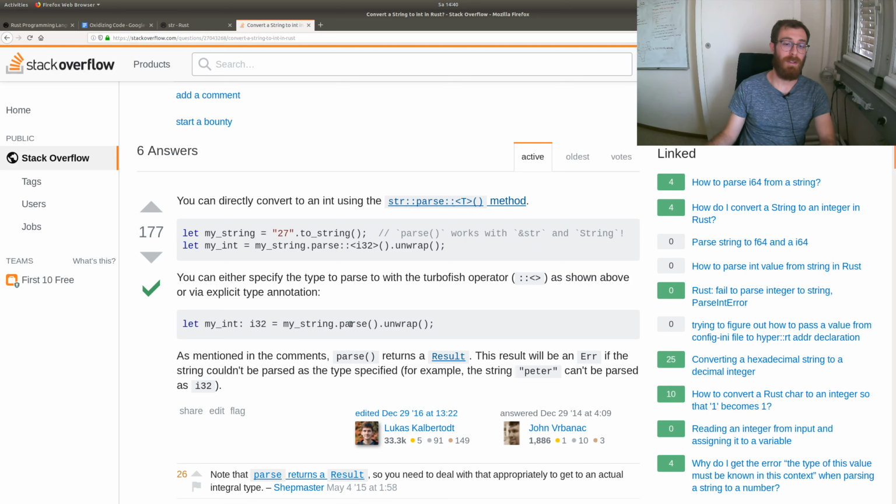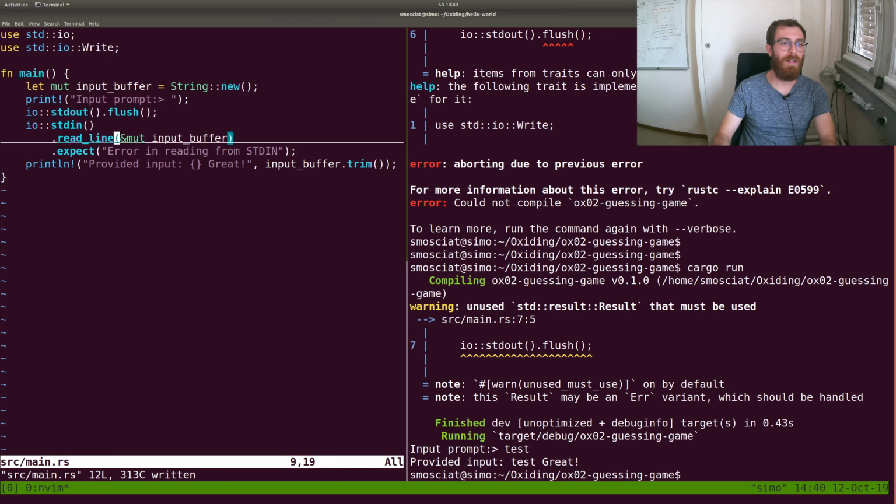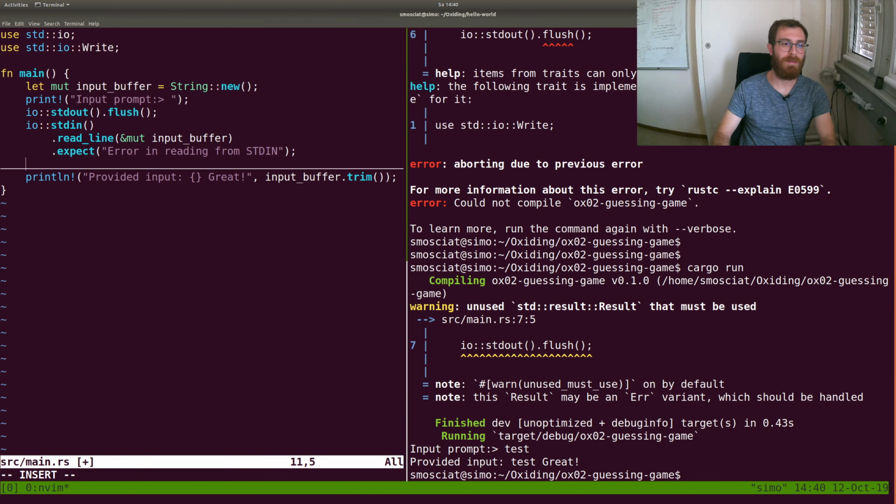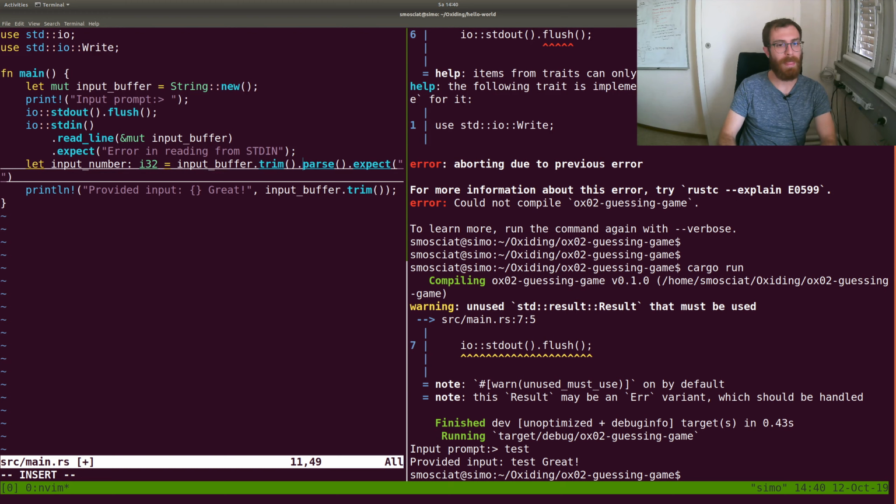So let's try to do it. Here, let input_number, let's try to use this syntax, is equal to input_buffer.parse().expect. Actually, let's remember here we're trimming the buffer. We're trimming because there was the newline. So we need to trim this one also. Expect